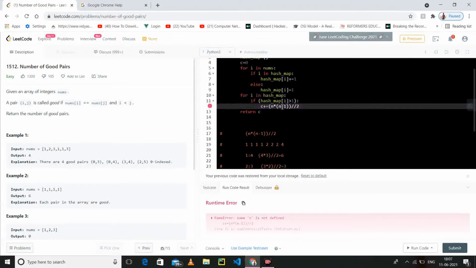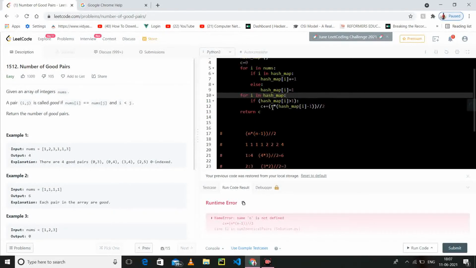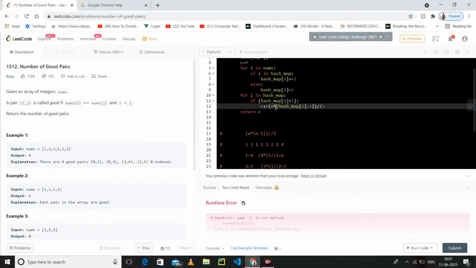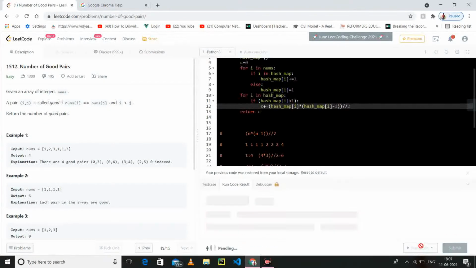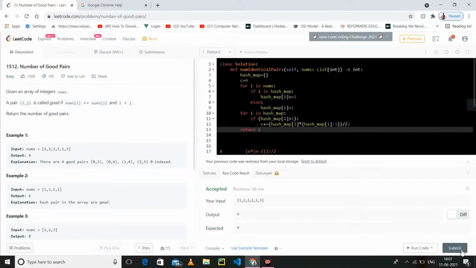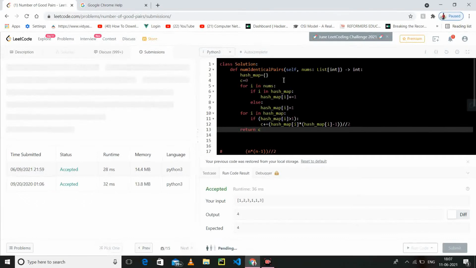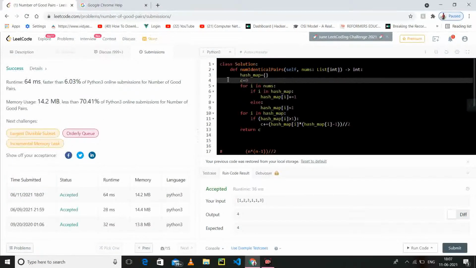N is not defined. Okay, so hash map of i. Let's submit it. See, so this is the question.